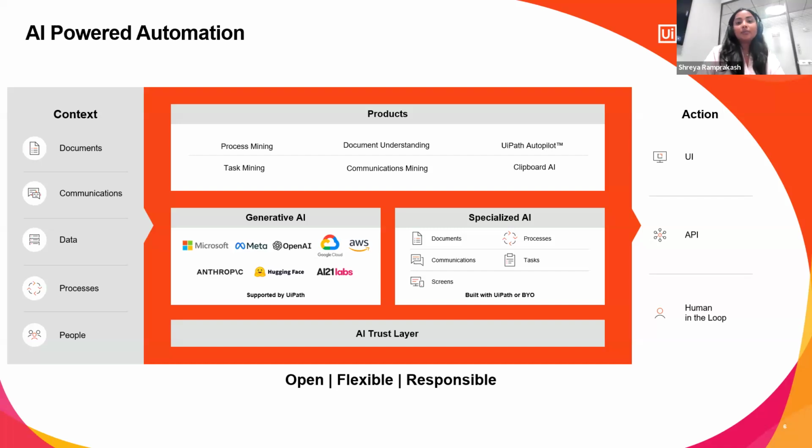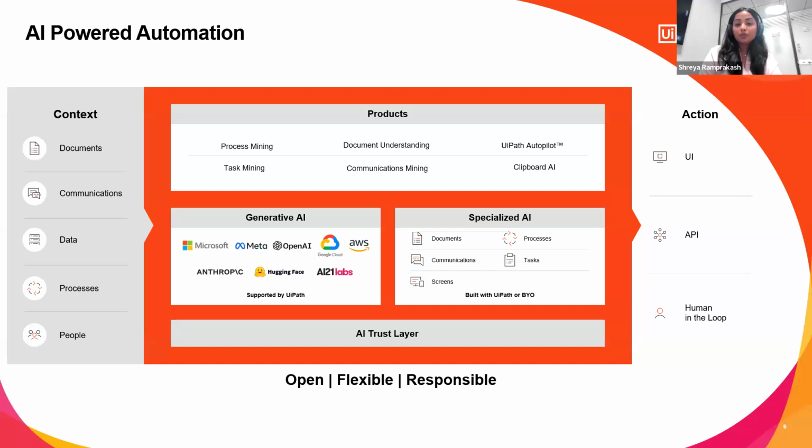As you can see, we have a very simple image on the screen where you just have to feed the context into the suitable products you are looking for, and that's it, your work is done. After that, AI will take control and do whatever you would previously have had to do manually, automatically using these Gen AI and specialized AI models.